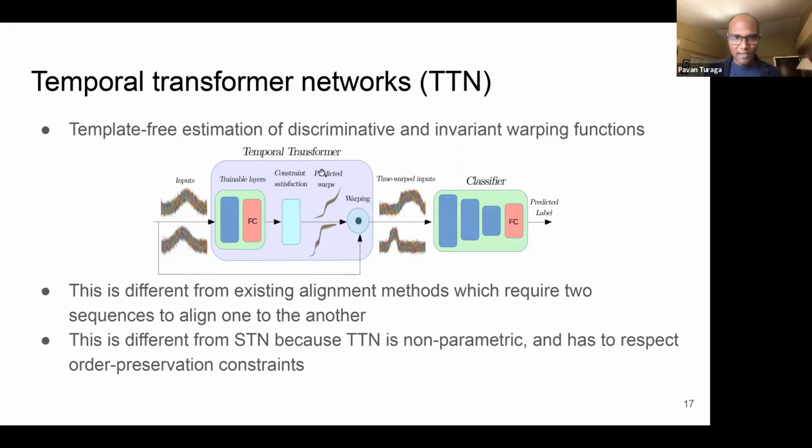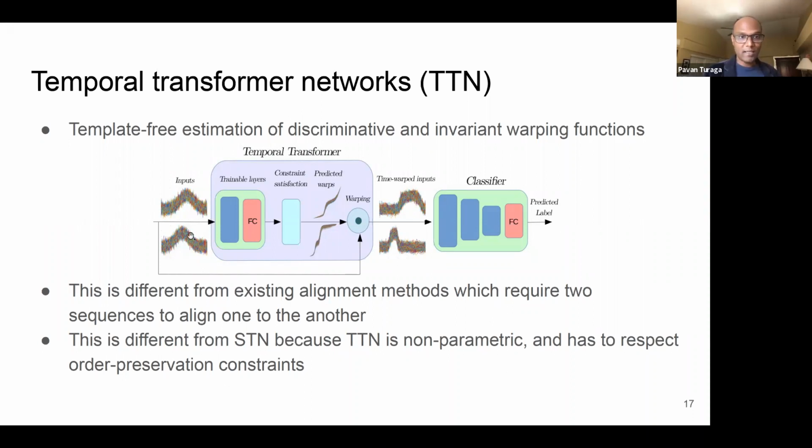And the key part is right there in this blue box, where there is some feature extraction happening. Now these are trainable feature extraction layers. So we are not even choosing what features to extract from the time series. That is learned end to end. All we do is have a warping module, which is physically a warp function. And then the outcome is a label. So maximize the label accuracy. And surprisingly, this does interestingly well for finding an unwarping, finding a transformation of a given time series to something interpretable.